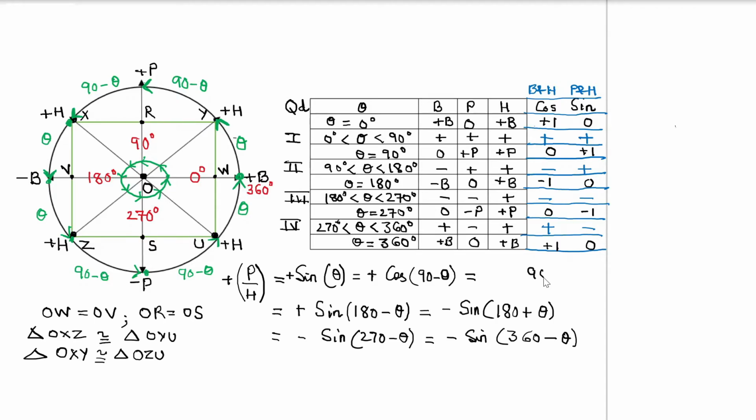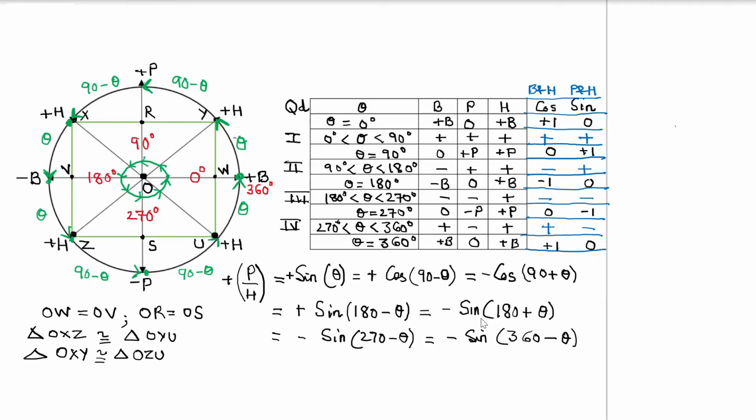Now once you have done this, if I want to draw a synergy with 90 plus theta, now 90 plus theta is just like saying that this value is going to lie in the second quadrant, and if I am finding out the value of sine in the second quadrant, the value of sine would be positive. But if I am finding out the value of cos in the second quadrant, will it be positive or negative? That will be negative. So can I say this will be equal to minus times of cos of 90 plus theta? Of course.